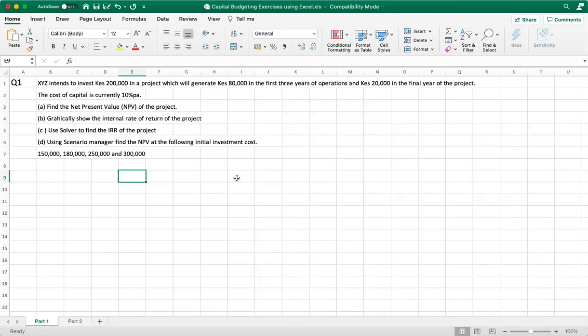This is capital budgeting exercise part 1. And in part 1, we use a simple exercise to demonstrate how NPV is computed. So our question is, XYZ intends to invest 200,000 in a project which will generate Kenya